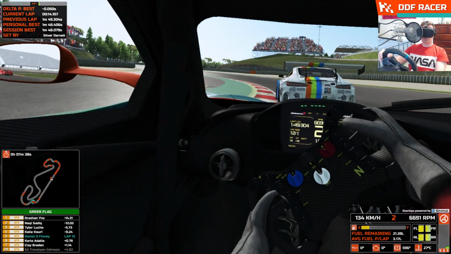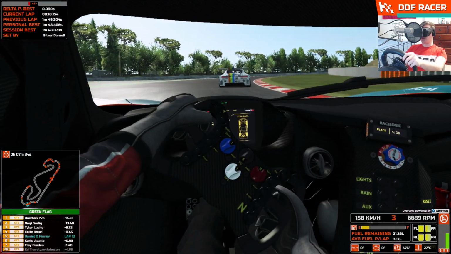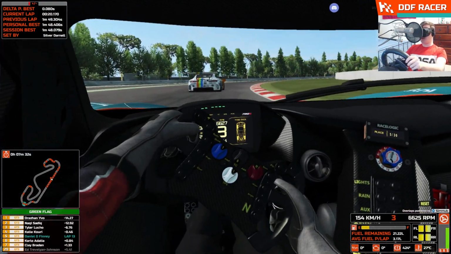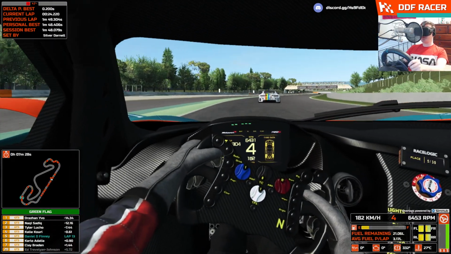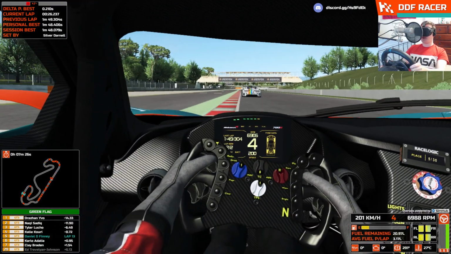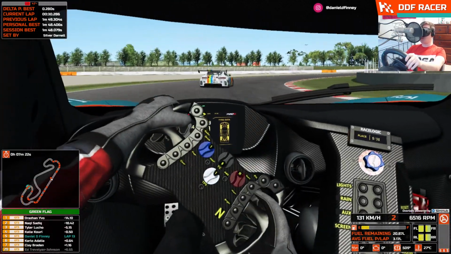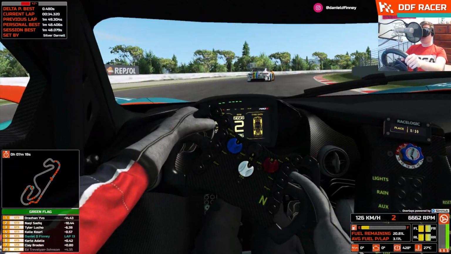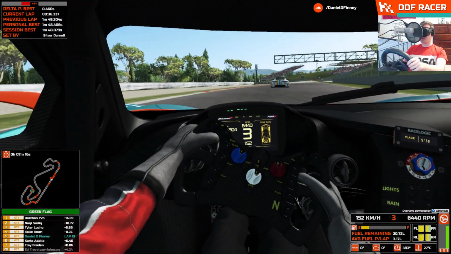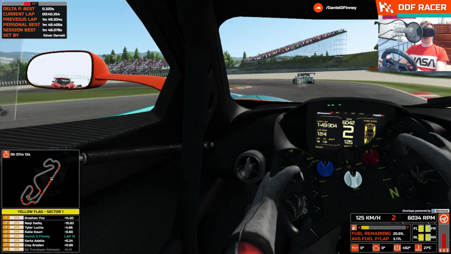Now, of course, I could just use the softer tyres. In this 30-minute race, it's not going to make a huge difference between the hards, the mediums, and the softs. You shouldn't be having any issues with tyre wear, but because the AI use the hard tyres, I'm going to use the hard tyres as well. It seems a bit unfair to just be the only person running the softs in the race. Now, obviously, if I was driving against real humans...